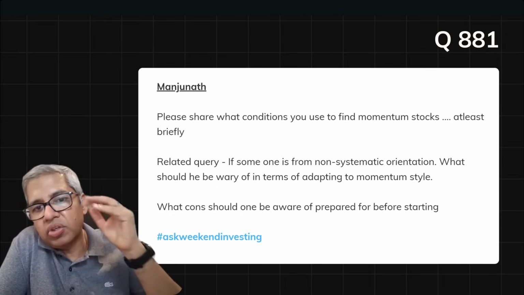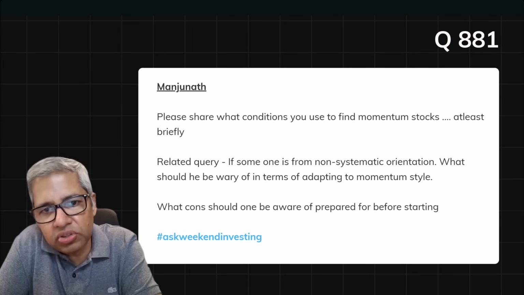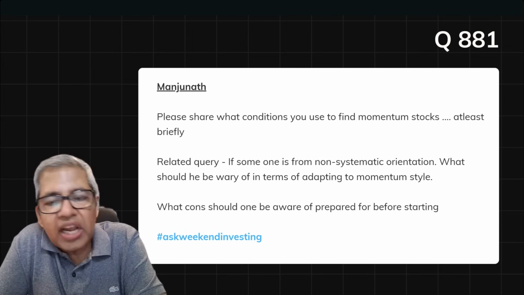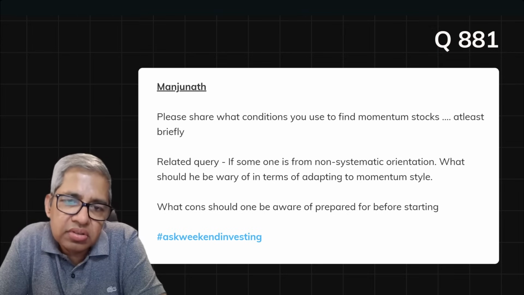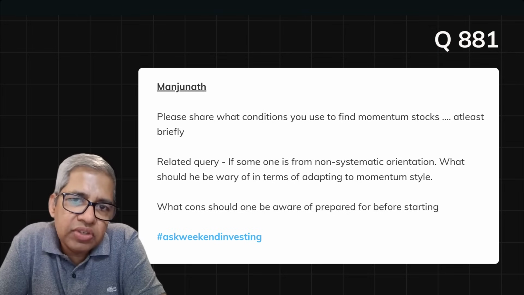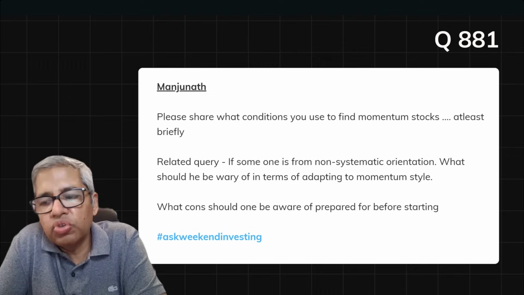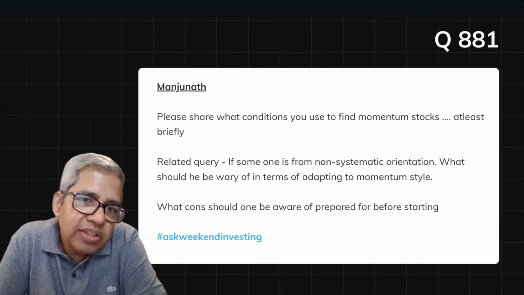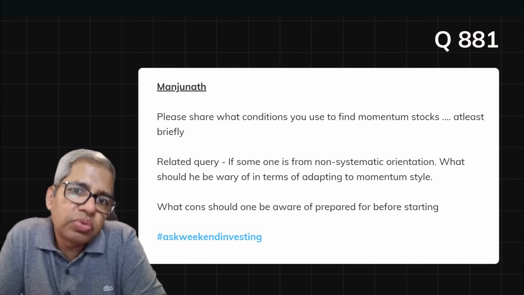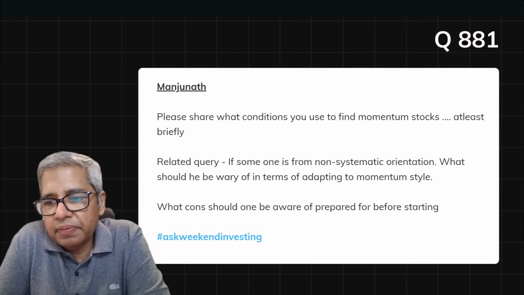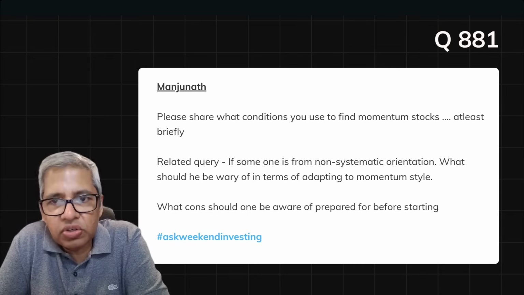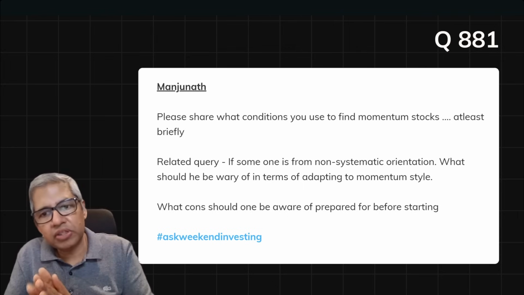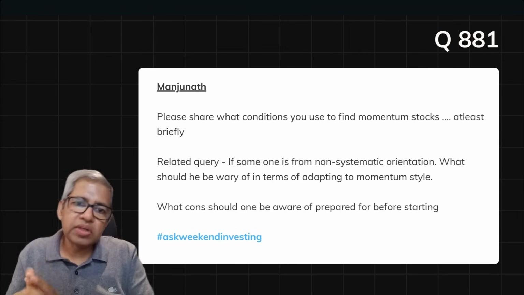So till then you will have some uneasiness, because it's like driving a car versus sitting next to a driver. When you're driving your car, you feel totally in control, although you may also bang the car. But when you're sitting with the driver, you will take time to have confidence in him or her. So that's the mental makeup. It's all about mental makeup, actually. There's nothing more to it, really.